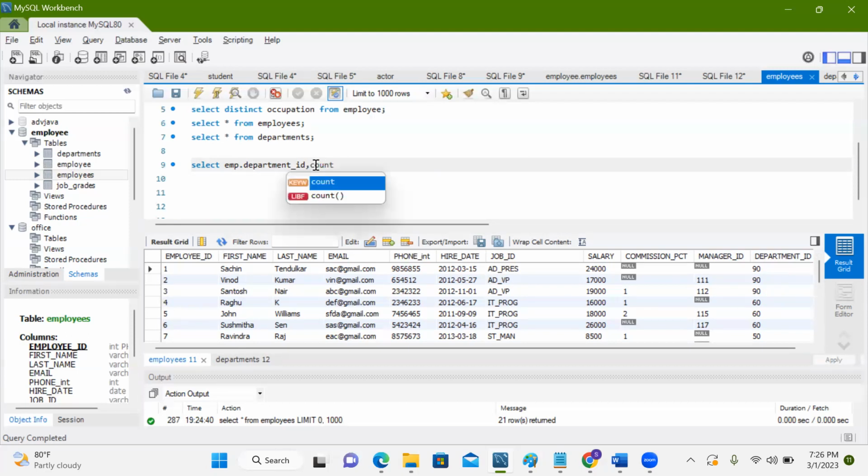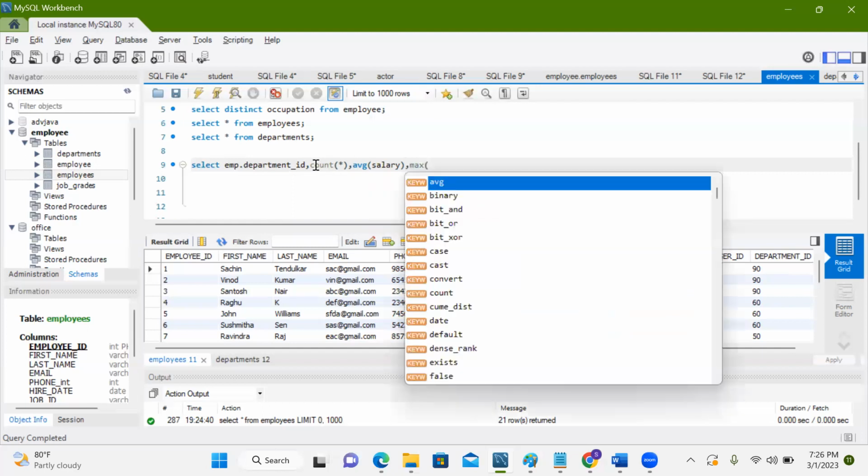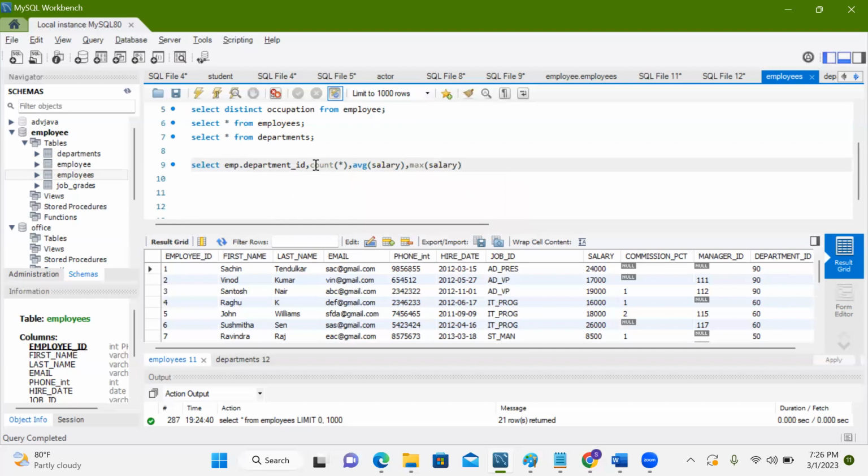So count star, and also what else we need to know? Average salary from each department I want. So count star, how many people are there in each department, and also average salary from each department, and also, what are the aggregate functions? Count, average, max, maximum salary from each department, and minimum salary